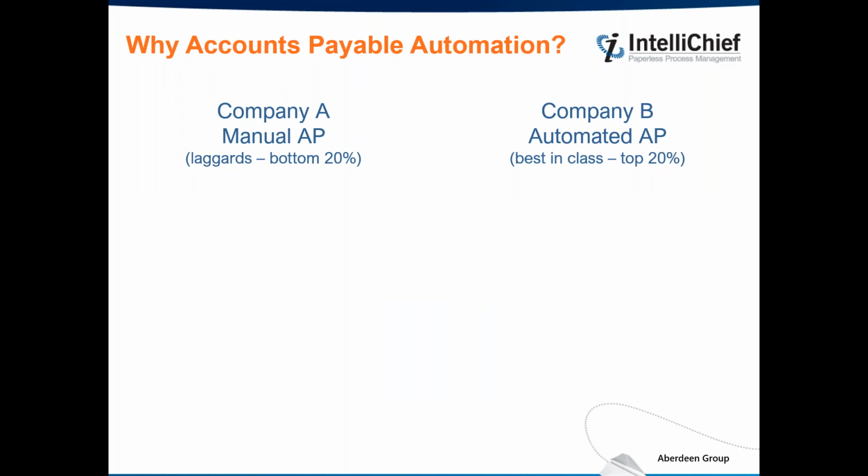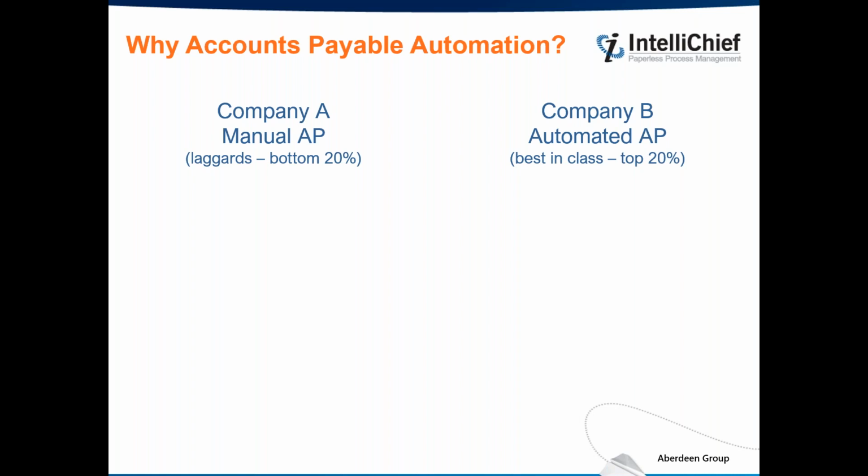As you think about, okay, we want to do AP automation, we know we're going to have to put a business case together. We can talk about why accounts payable automation now with some statistics. You can go out and look at various industry studies. These numbers here are from Aberdeen. There's a lot out there. You can Google it. But when Aberdeen does